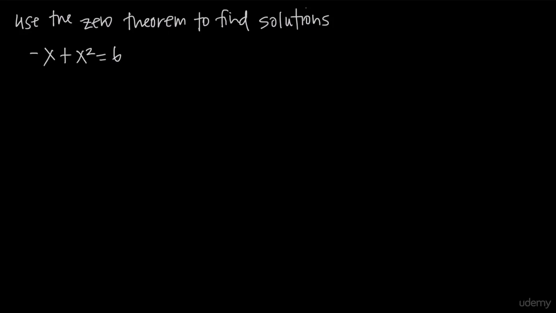In this video, we're talking about how to use the zero theorem to find the solutions to a quadratic equation. In this particular example, we have the equation negative x plus x squared is equal to 6. Now, before we talk about what the zero theorem allows us to do, the first thing we know right away